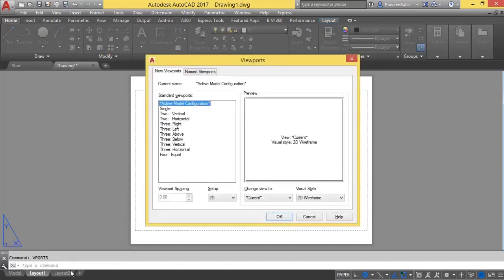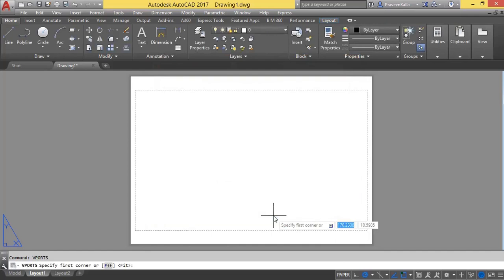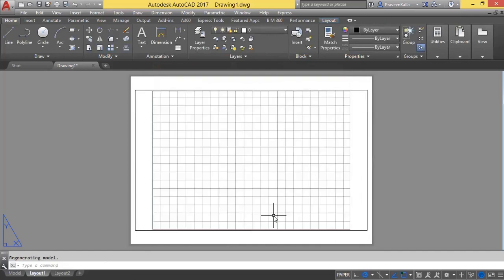This command is used to keep connection between model and layout. There are different formats; I am selecting single. OK. Fit. So now your model space with the limits you fixed will be fitted into your layout.